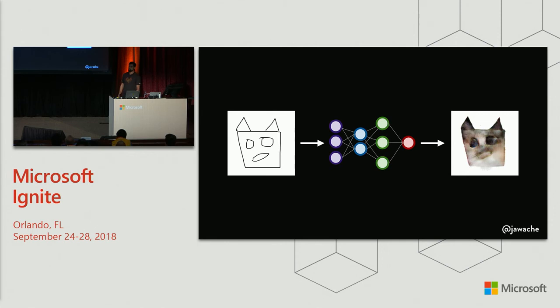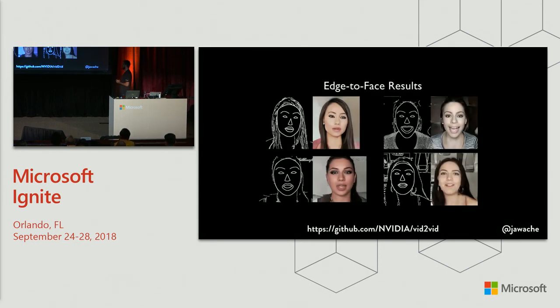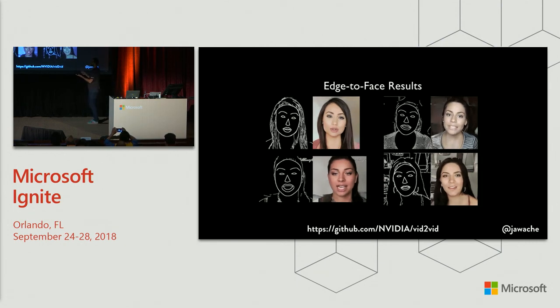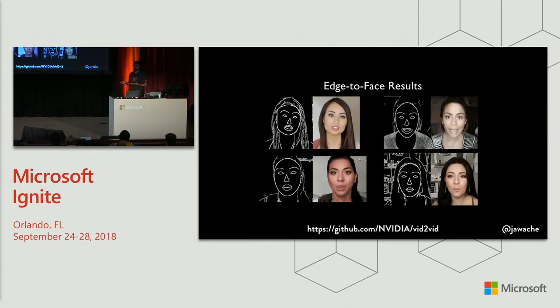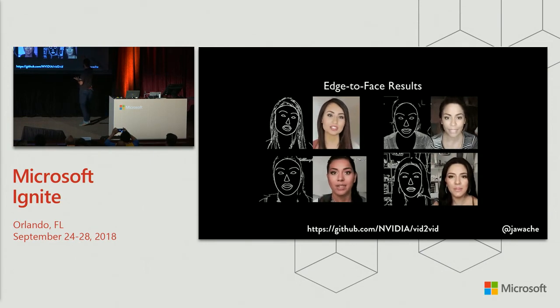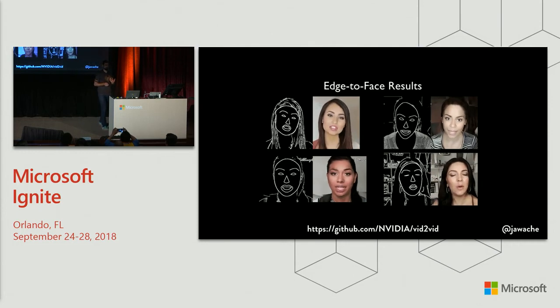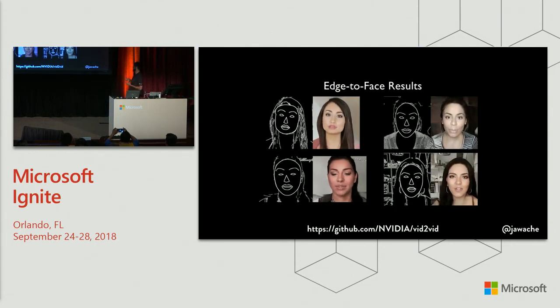Okay. What's the point of this? Generating cat images? Is that the point of this? No. The point of this is probably a lot scarier than this. So this is another algorithm, it's like pix2pix, but vid2vid. And as you can see here, it's generating videos. The items on the left are the inputs, and what look like real videos here are the outputs, right? So the outputs are computer generated.